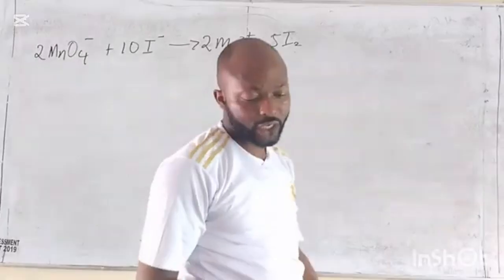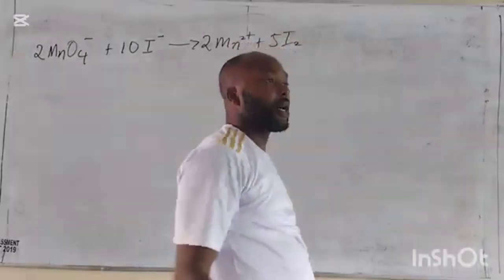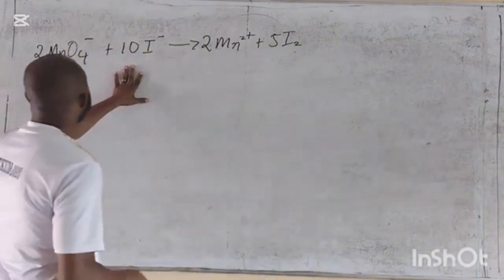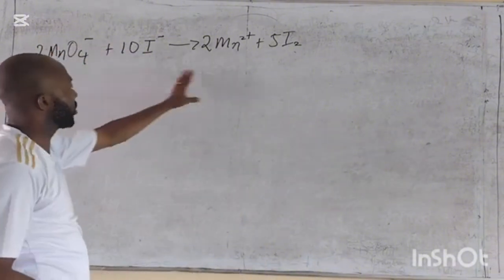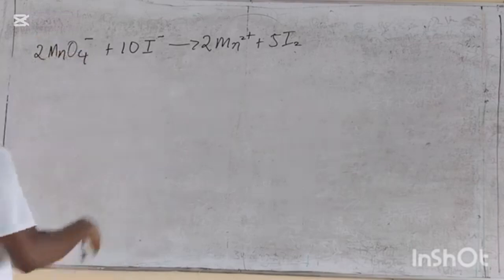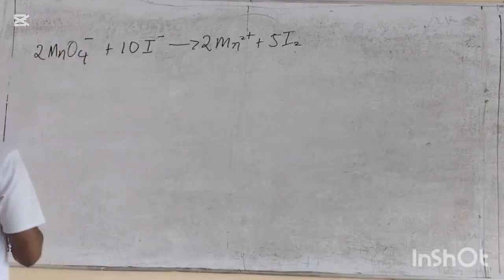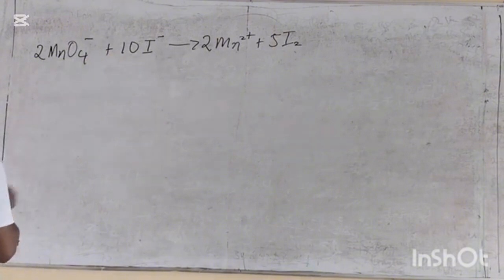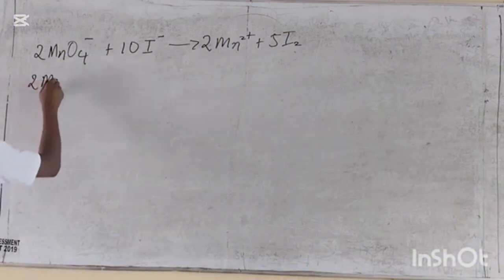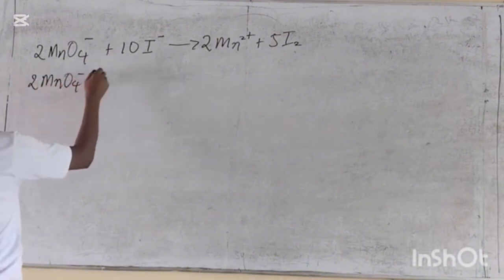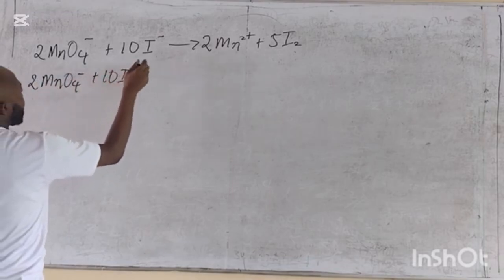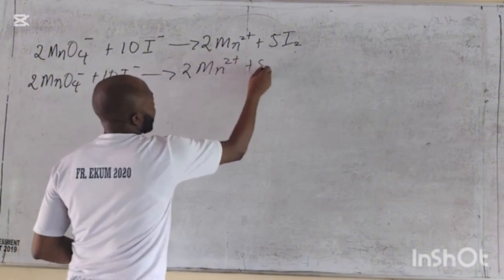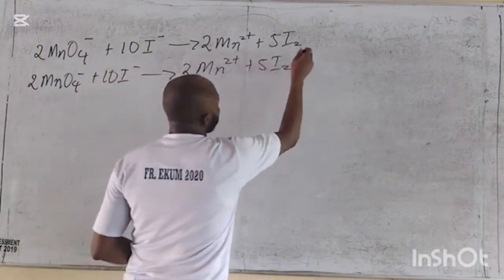So they have calculated the oxidation state and they've done the cross multiplication. So let's balance for oxygen and hydrogen. Oxygen here is 8. This is 10 iodine. So I have 2 MnO4 minus plus 10 iodine negative give us 2 Mn2 plus, 5 iodine plus